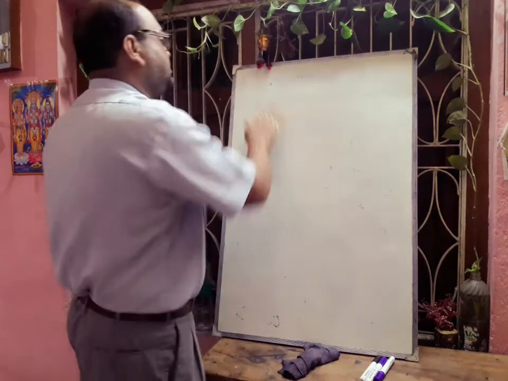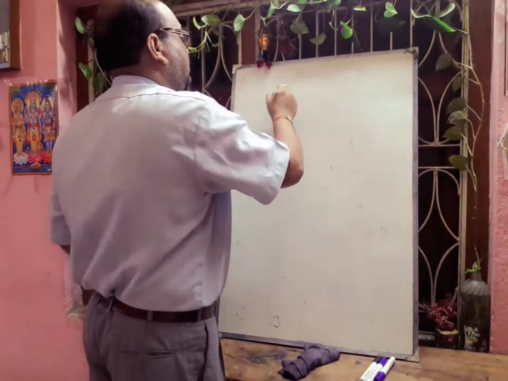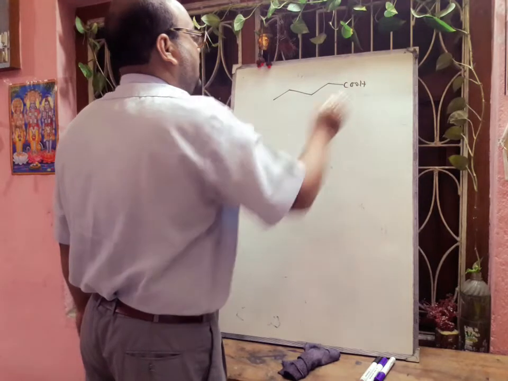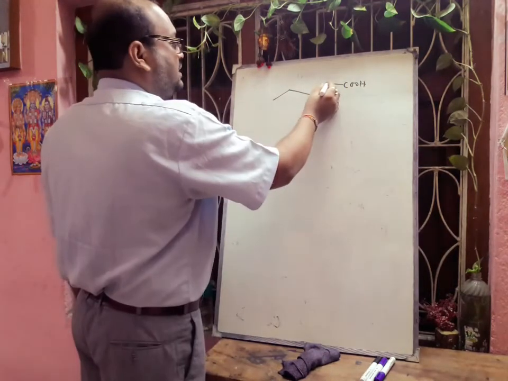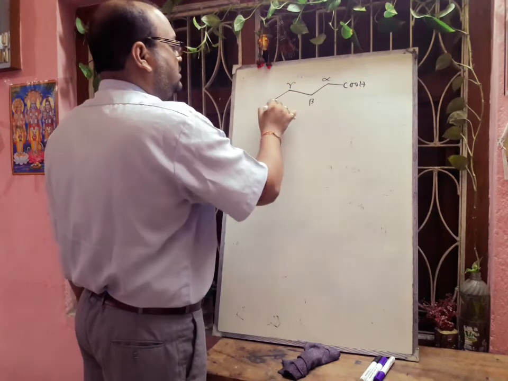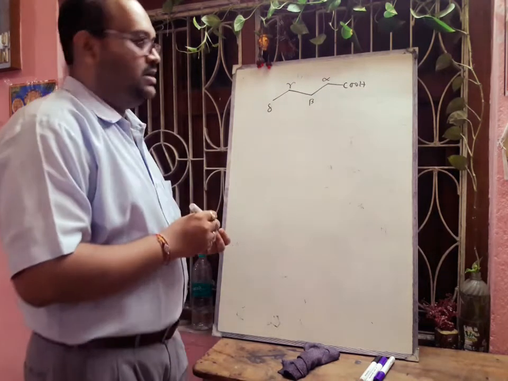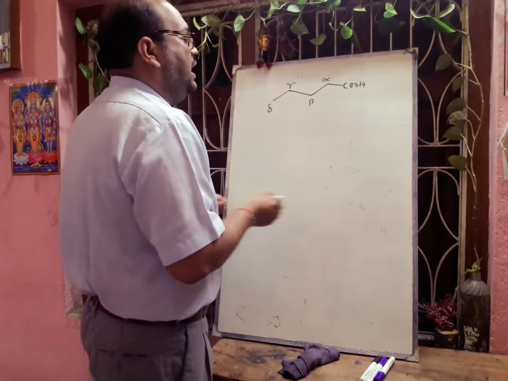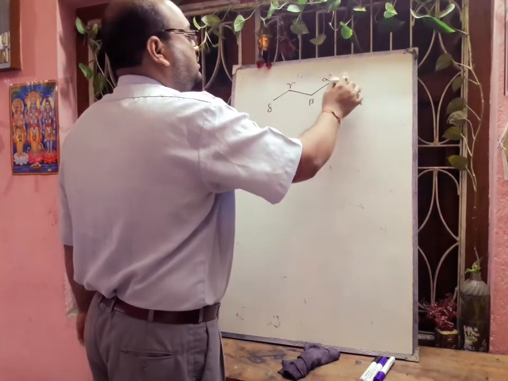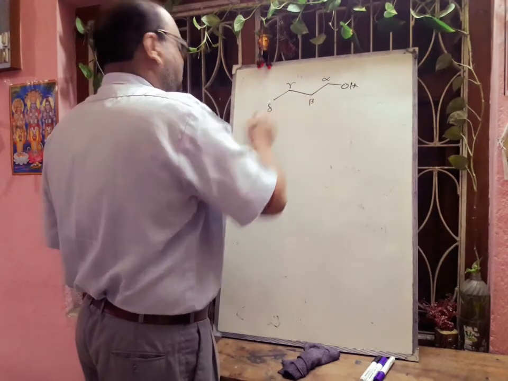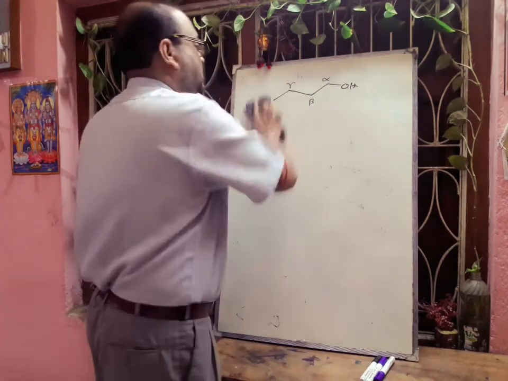And sometimes after the functional group, suppose this is COOH acid. Next to the functional group carbon, this carbon is called alpha carbon, this is called beta carbon, this is called gamma carbon, this is called delta carbon. In this way you have to do it. Okay. So after the functional group, if I give OH here, definitely it will be the alpha carbon, then beta, gamma, and this one is called delta carbon. Hope you can understand.